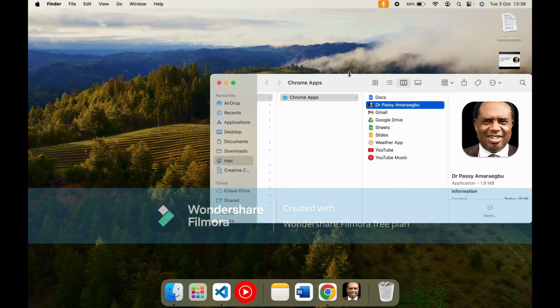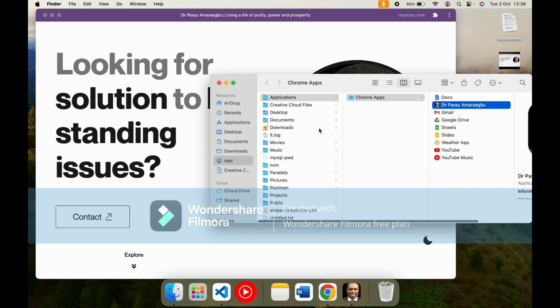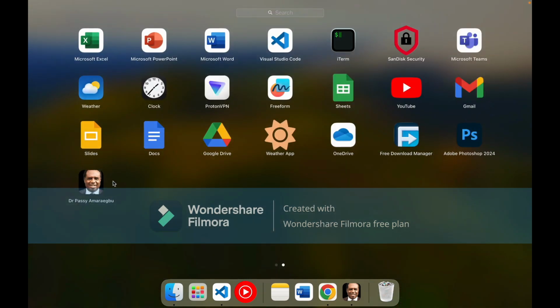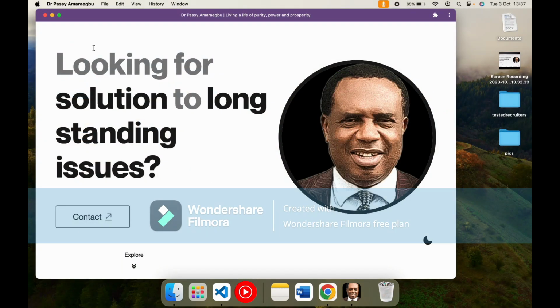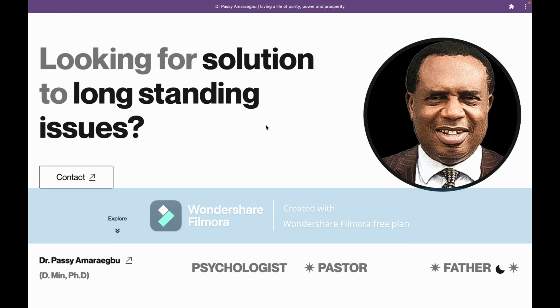Once I do that, it will show up in my installed applications under Google Chrome apps for this Mac. It opens up like an app, and it shows here in the tray. Let me just maximize this. That is one feature I'm really excited about.